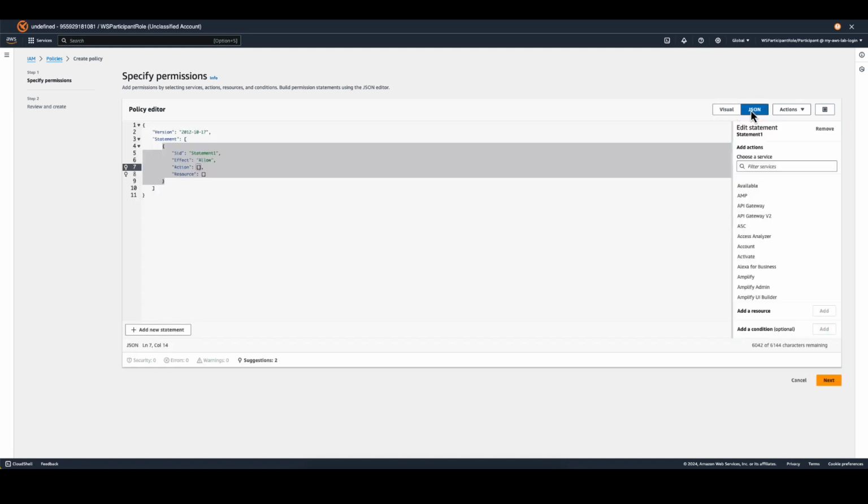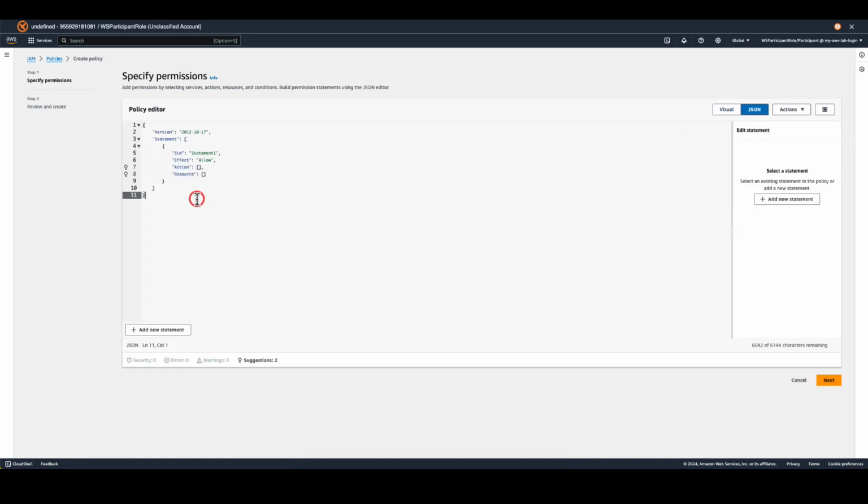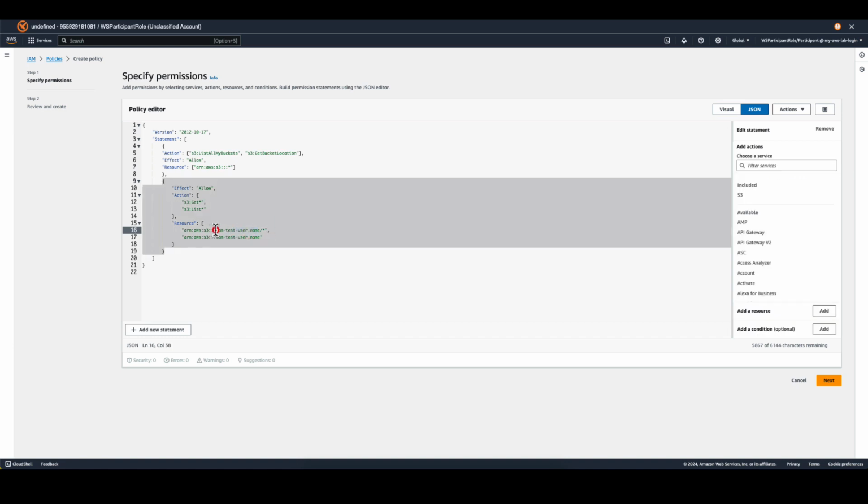We'll use the JSON editor and we'll copy the policy that we have in the workshop. Note that you need to change the bucket name to the name of the bucket that you just created. We'll delete this name and add our name